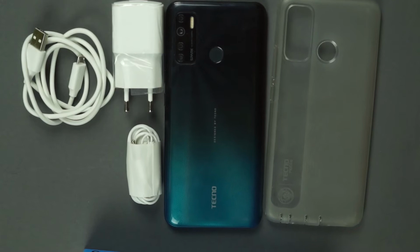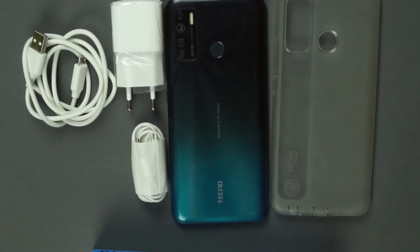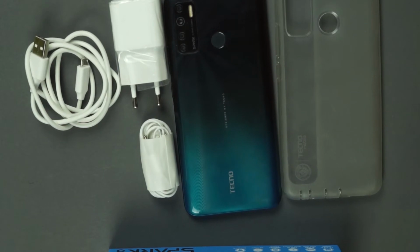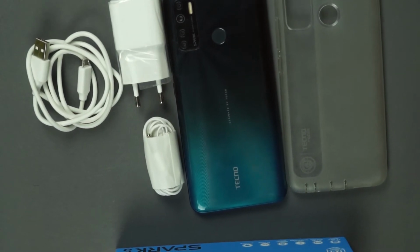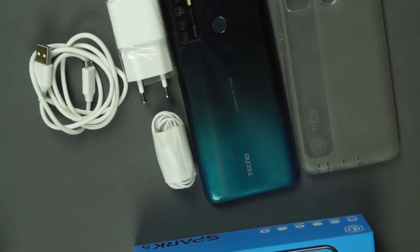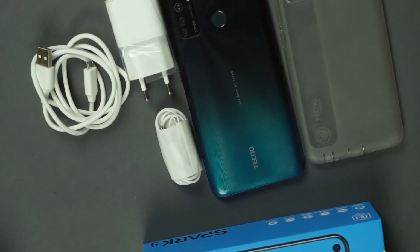Now for the price of $120, with all the features you get, I think this is a pretty good deal. So let's take a closer look at what you get when you buy this phone. In the box, you get a phone, a clear plastic case, a pair of earphones, a USB-C cable, and a